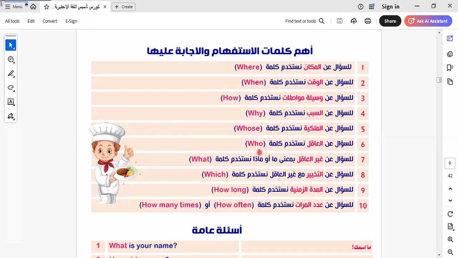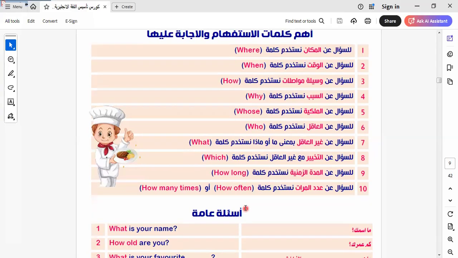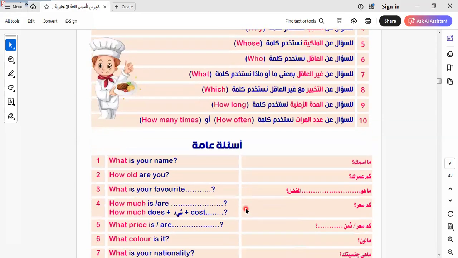Here we have who, to ask about the subject person; what, to ask about something; which, to ask about a choice; how long, to ask about a period of time; how often, to ask about how many times the action happens. Okay, I would like to say that